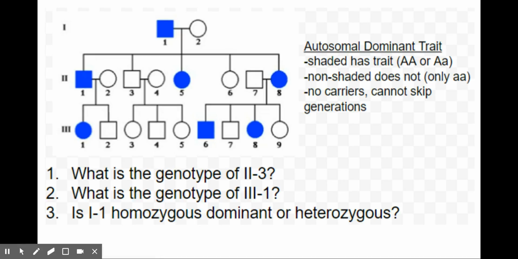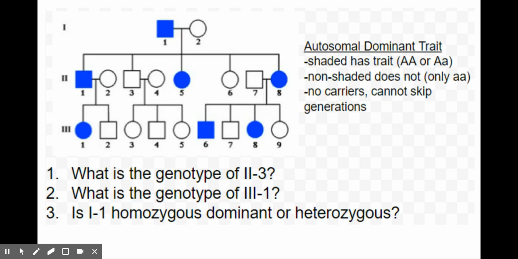First one we're going to look at is autosomal dominant traits. So these are not traits that are linked to genes on X chromosomes. These genes are on any of the other autosomes. So when we're thinking about autosomal, we are not thinking about the X's and the Y's, we're just thinking about